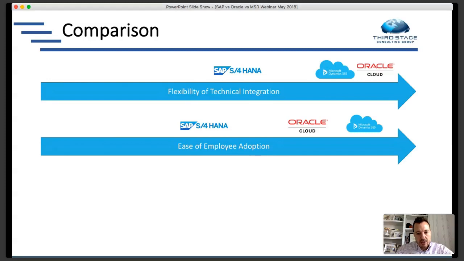So I think the message here is that if you're looking for quick hits and you're kind of an agile organization that wants to move quickly and get some immediate ROI, the advantage might go to D365 and Oracle Cloud. But if you're looking more longer term about how do I get long-term employee adoption and efficiency and effectiveness, S4 HANA is quantitatively shown that it can deliver a better ROI in the longer term than the other two solutions. So it depends on what you're looking at, and it also pertains to risk.